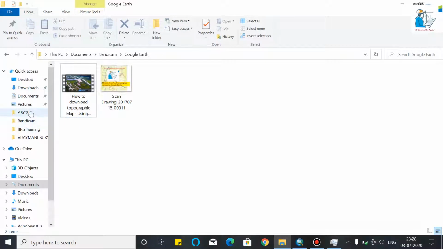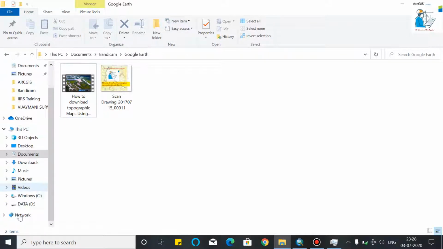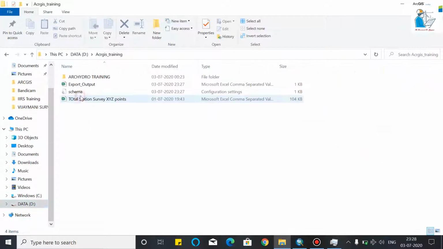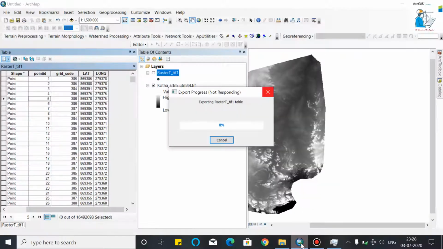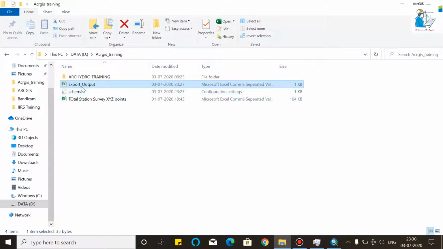Now we will check. This is the file. Here your file is exported now.